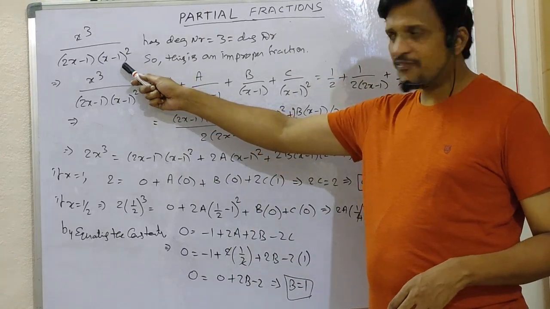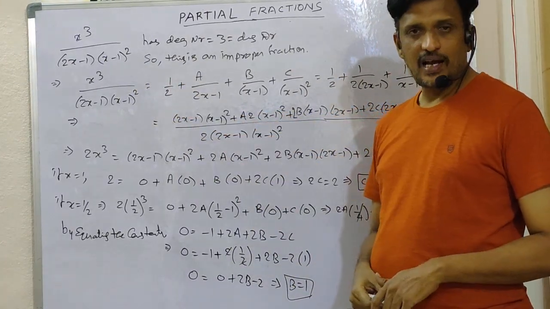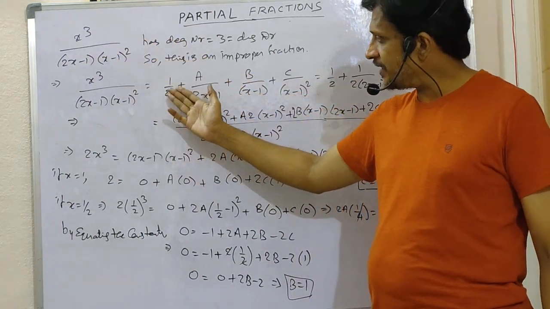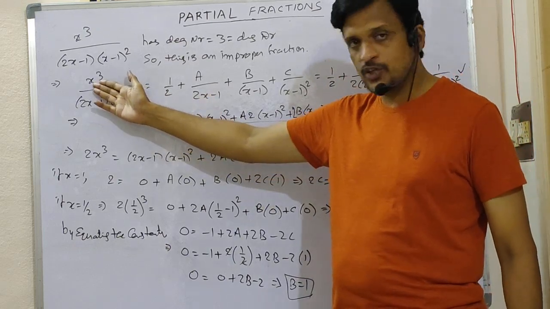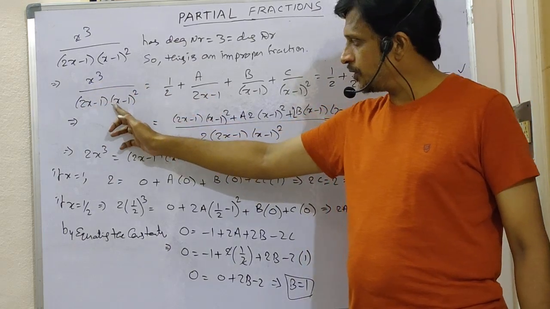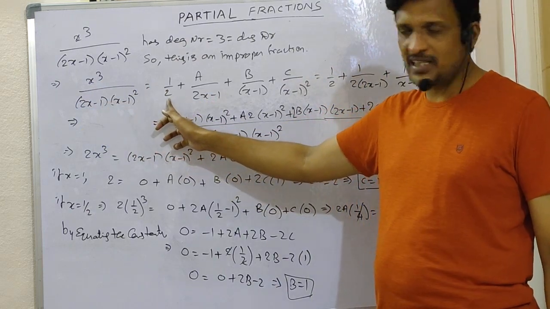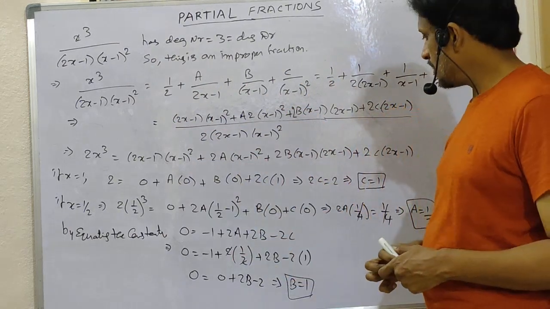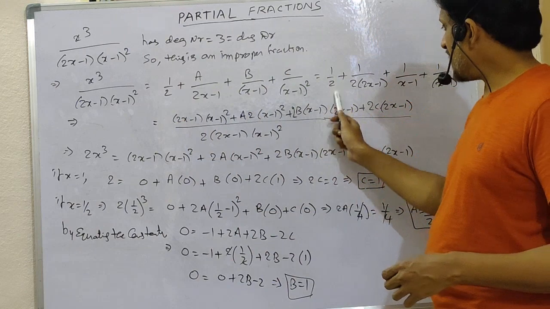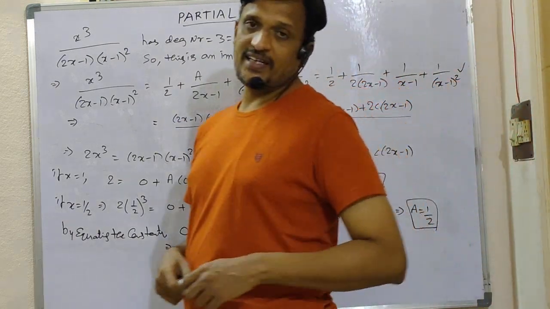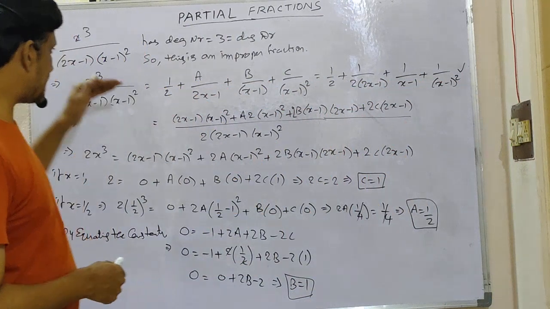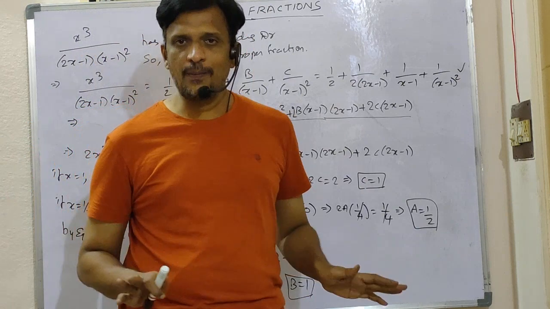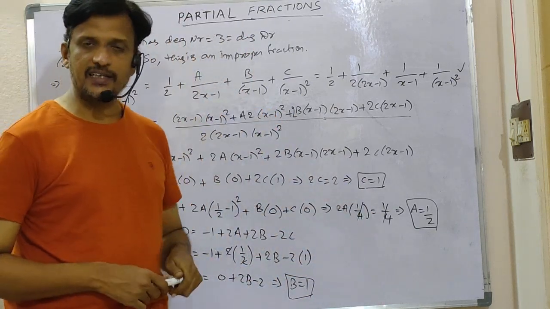So when the given fraction is improper and the degrees of numerator and denominator are equal like this, you can write the quotient without any division, that is the quotient of x cube in the numerator, 1 by 2x cube, that is 2 is the quotient of x cube in the denominator, and the remaining is similar to the last model problem. So in this way you can write the given fraction as the sum of the partial fractions when it is improper. If the numerator's degree is more than the denominator's degree, then apply division. Here no need to apply division, you can write the quotient immediately.